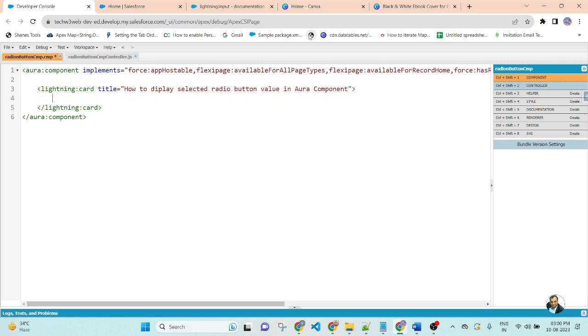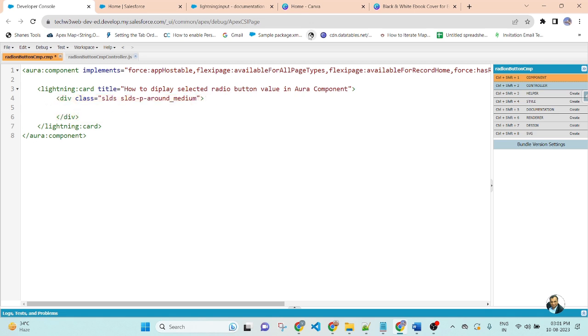Inside the Lightning card, I will create a div with class SLDS-p-around_medium.